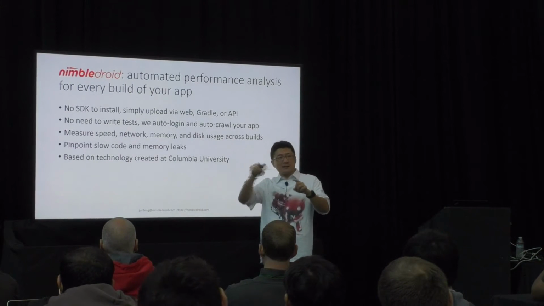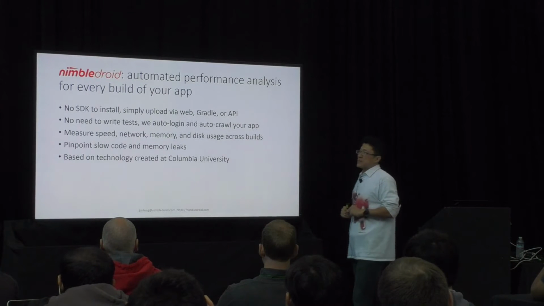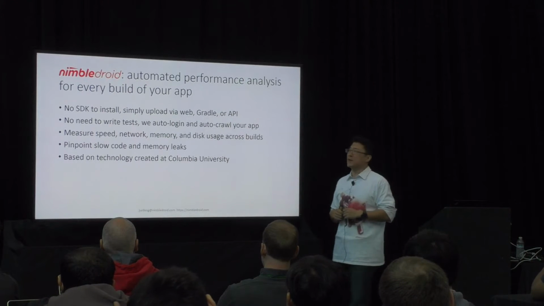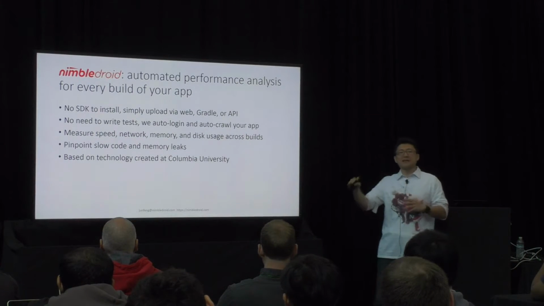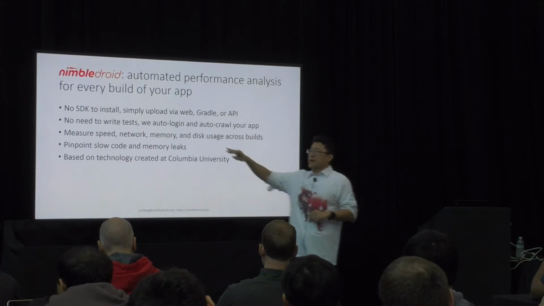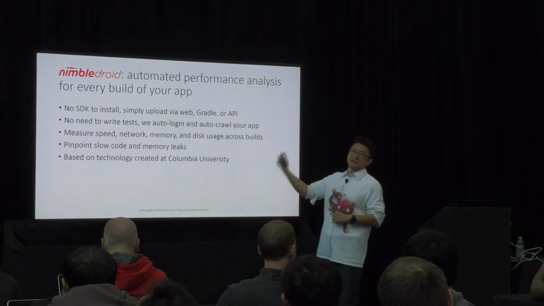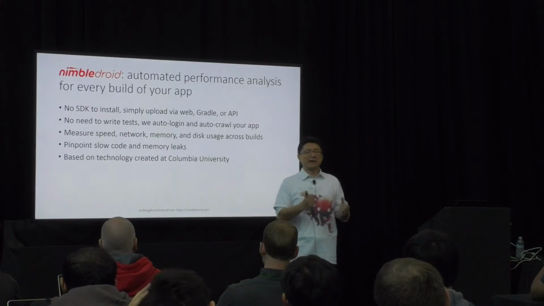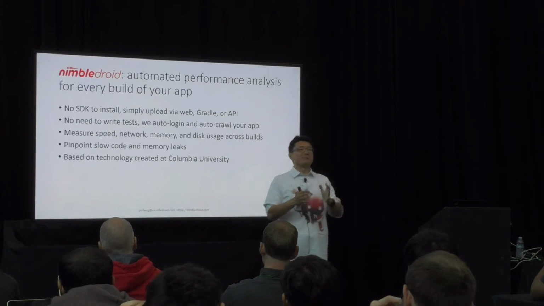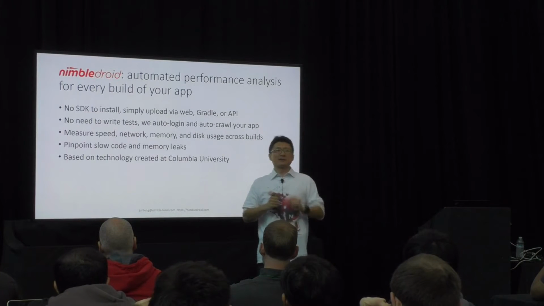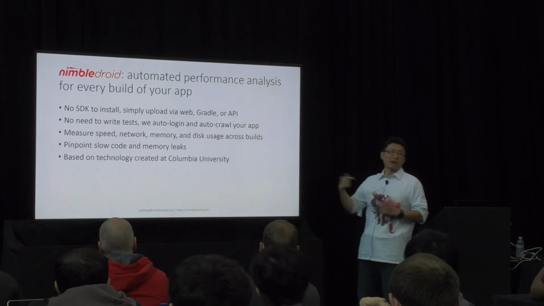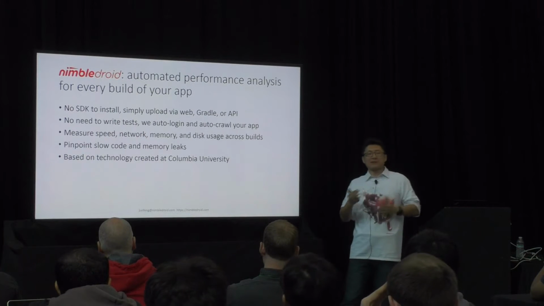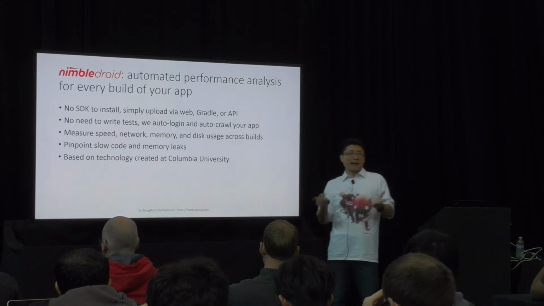For each possible action we discover in your app, we're going to benchmark the action's response time or speed, how long it takes this action to complete, and also whether this action is smooth, whether there are dropped frames. We also measure memory consumption, disk consumption, and a lot of different metrics. And we don't stop just there. We also give you actionable diagnosis. For example, if certain methods slow down your app, we'll tell you the exact methods you need to look at. We also detect memory leaks, and they can be very bad for users, because if your app consumes a lot of memory, garbage collections run frequently, your app can be very slow,